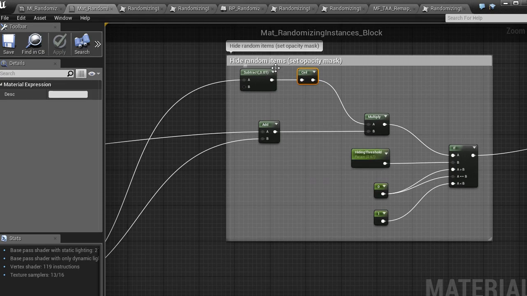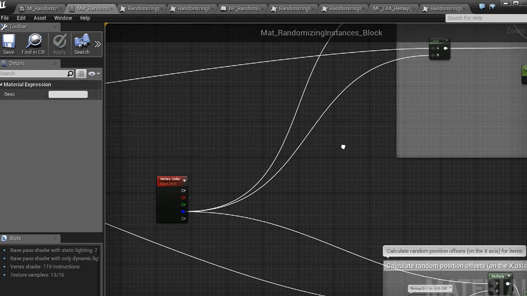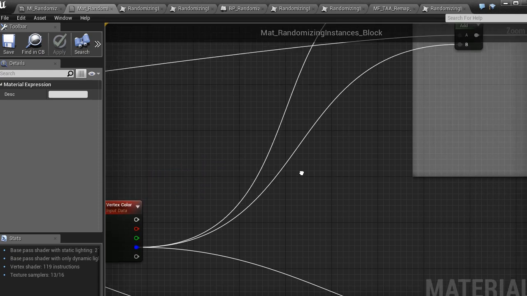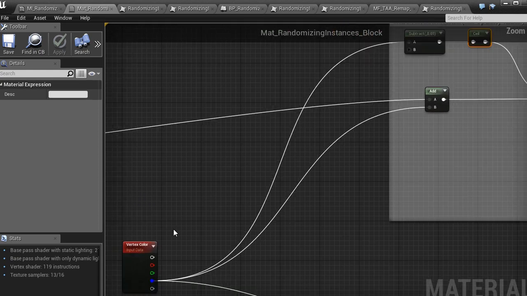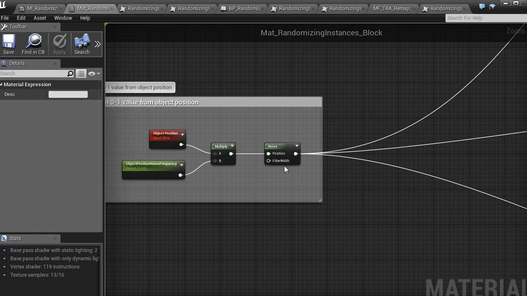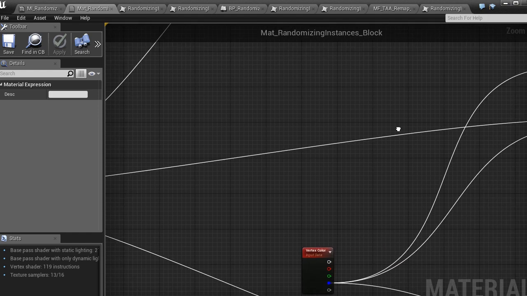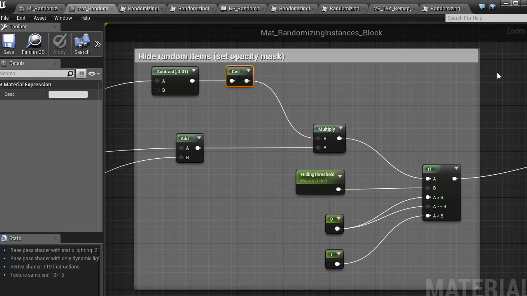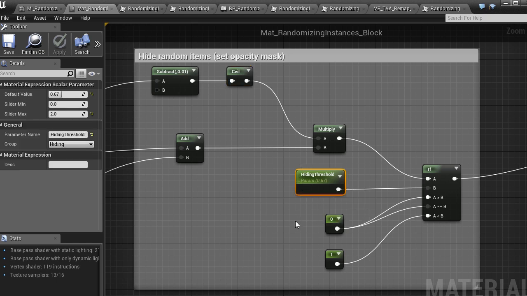Then I multiplied what I got by the blue vertex color plus this random number from the object position. And by doing this, I receive the final value, which I use to control whether I should show or hide this object. Here I have a hiding threshold parameter.